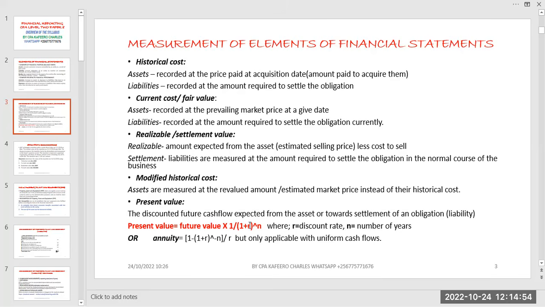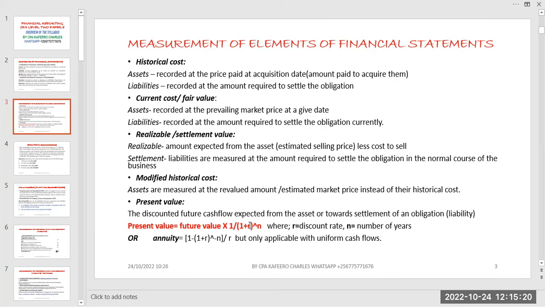Or it will be the obligation. How long are you going to be taking to be submitting a certain amount of money to an organization? If, let's say, it is in terms of a loan, paying a loan, that's basically the measurement basis we are going to be using. The reason why we brought out this is that when you are looking at certain standards,